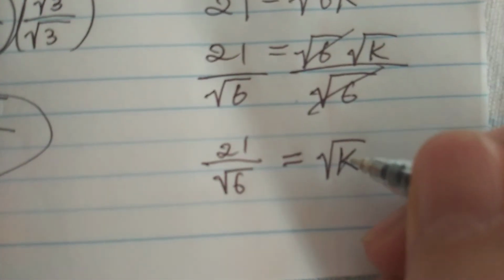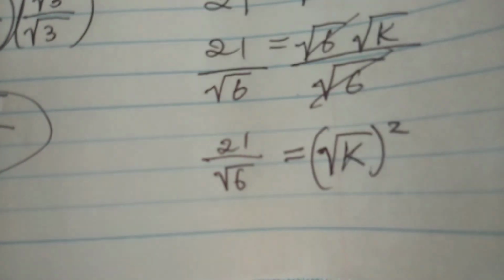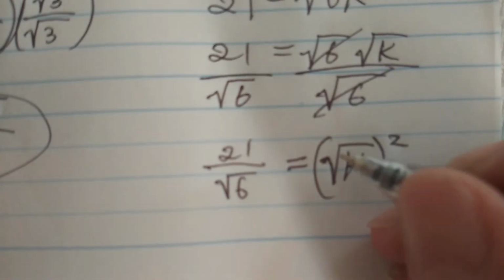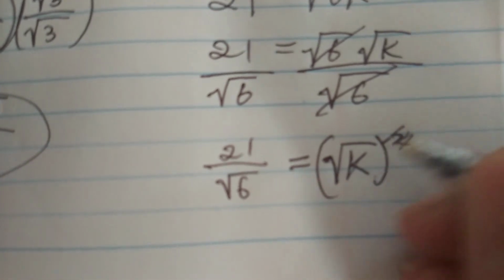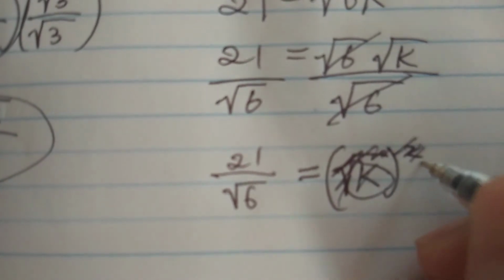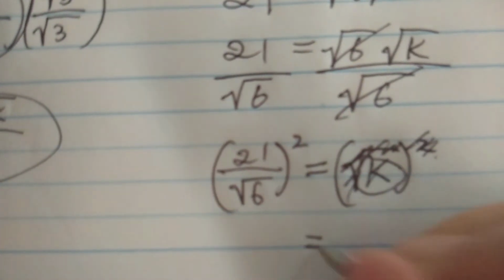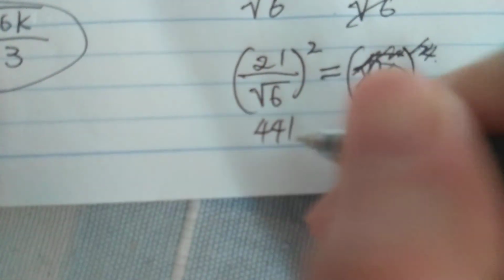So how do I get rid of this radical? Well, you can square that, because by squaring the radical, you remove them. This cancels this out, so now you're left with k. So if I square this on the right hand side, I have to square this on the left hand side as well. So I end up with k is equal to 21 times 21, which is 441 over